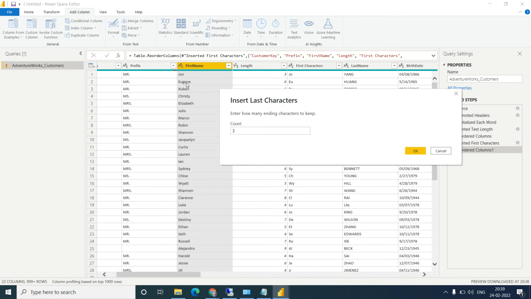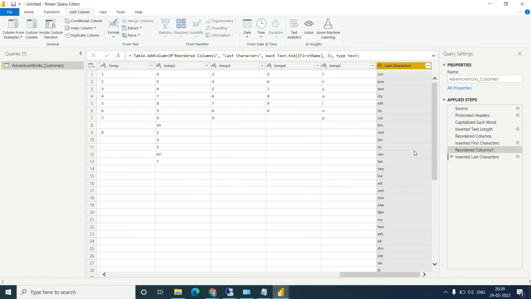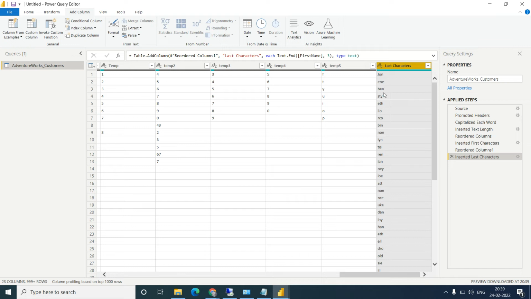Then E-N-E. Let's see this. So you can see John, E-N-E, so these are the last 3 characters of your name. That is the use of this last function. Understood everyone what I am saying? If any doubt, you can ask me anytime.